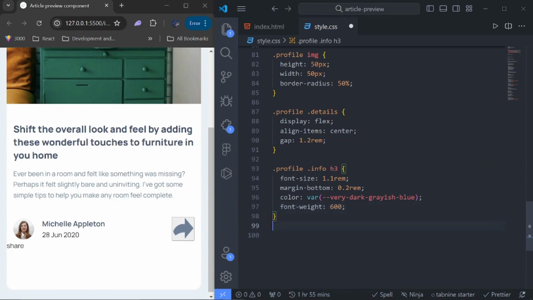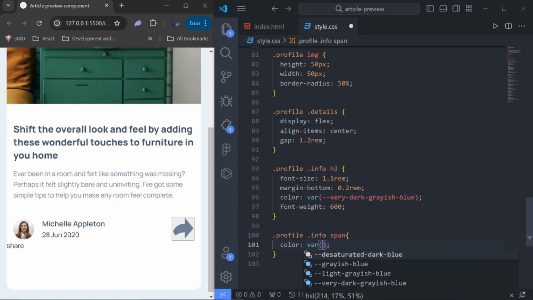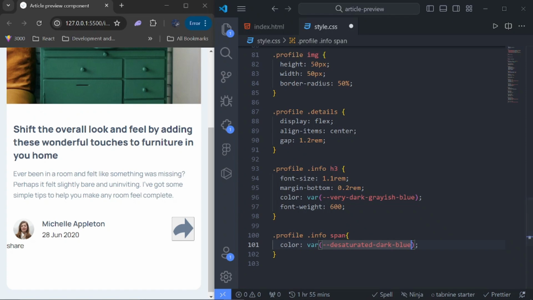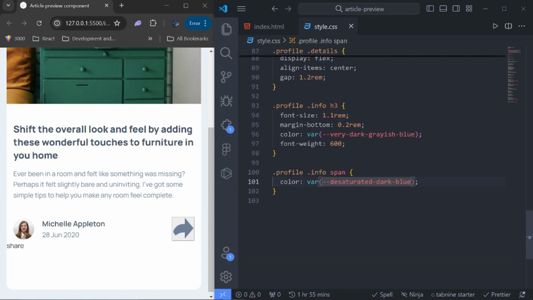All right, cool. Then for this span right here, we'll say profile info, and we'll say span. And the only thing we'll just do is just to add the color, so that this light color we used here. All right, cool. So the next thing to do is to bring down the size of this share